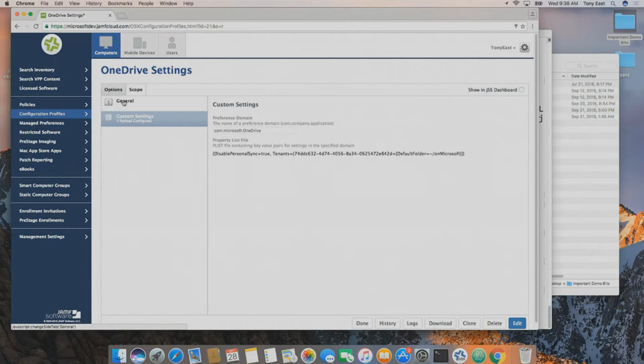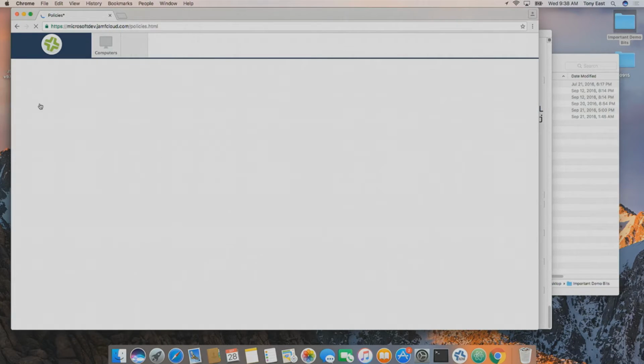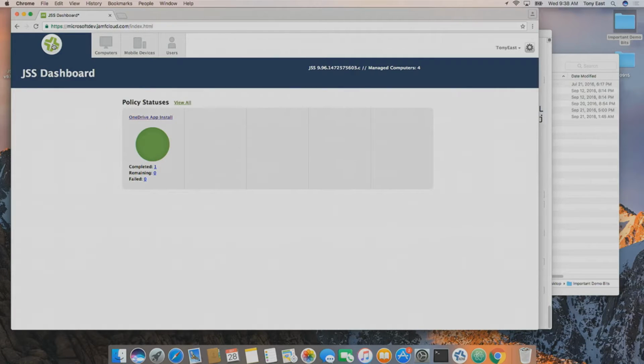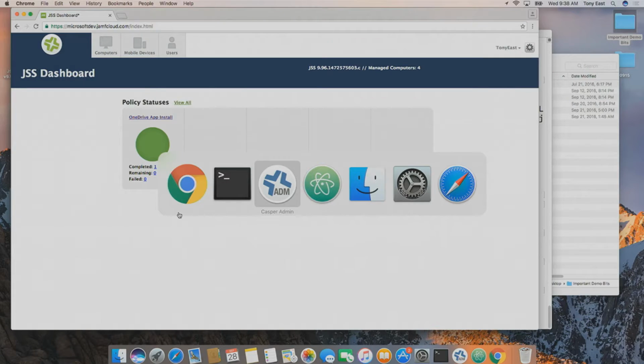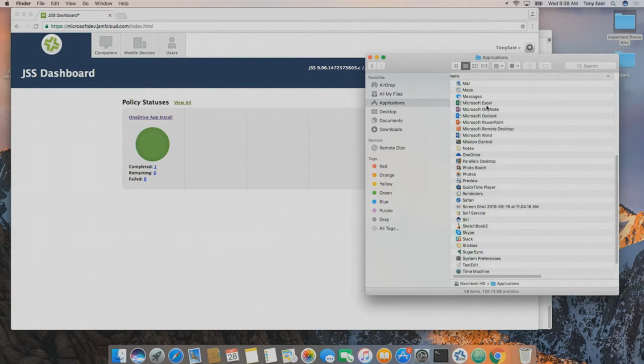Man, this network is just really killing me. Well, that's good news. That means that while I was messing around with this tool, it went and installed the OneDrive desktop application. Let's go look at my applications folder, and let's see, oh, there is OneDrive. Yay, all right.